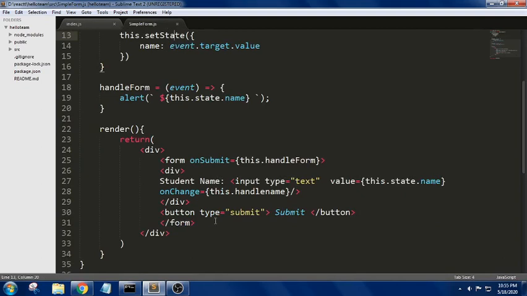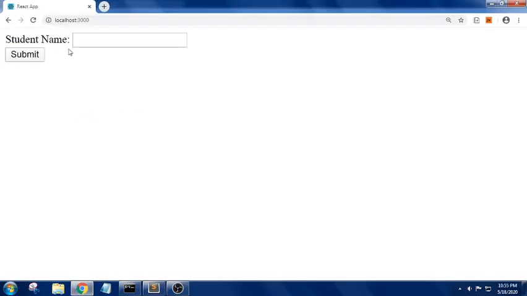When the user clicks on this button, it should echo the user value, whatever the user has filled in as the name. So let us see how it goes. I'm trying to write Johnny here. When I click on this, we got it. So this is how we have done the basic form.